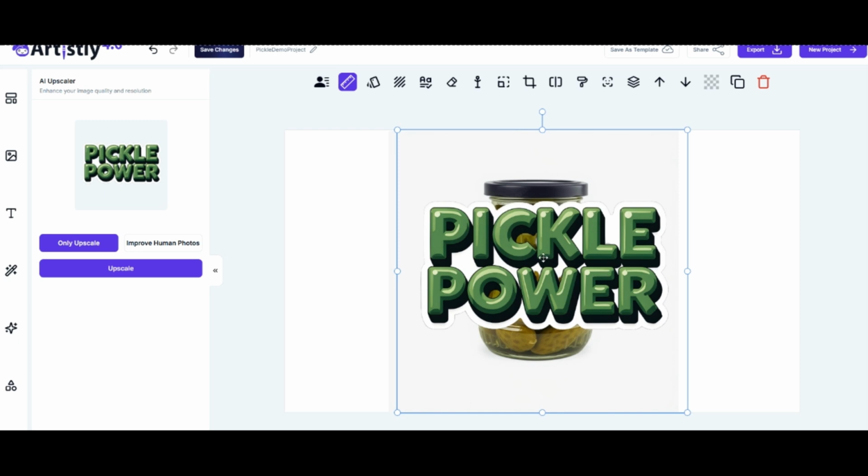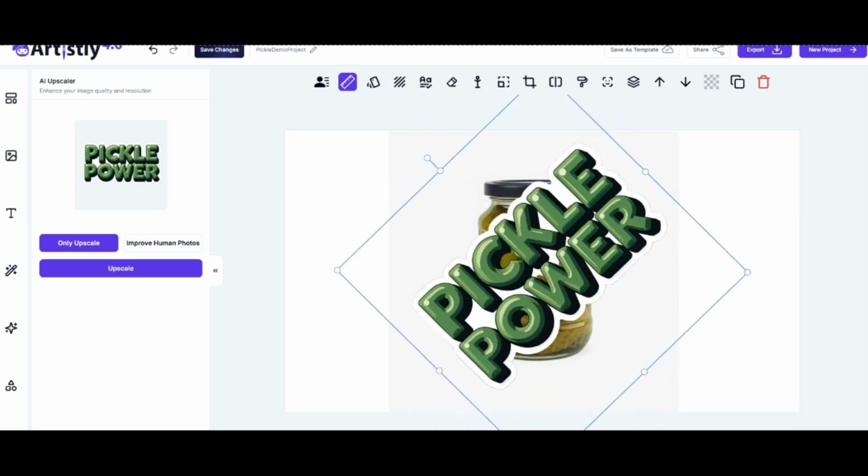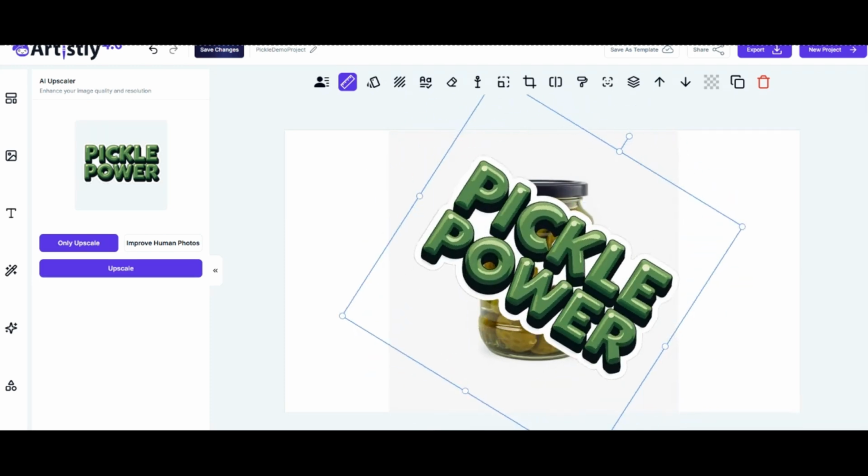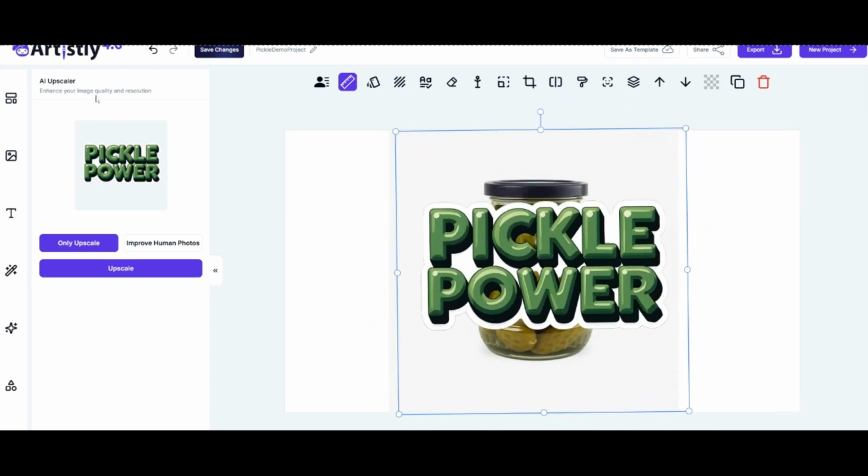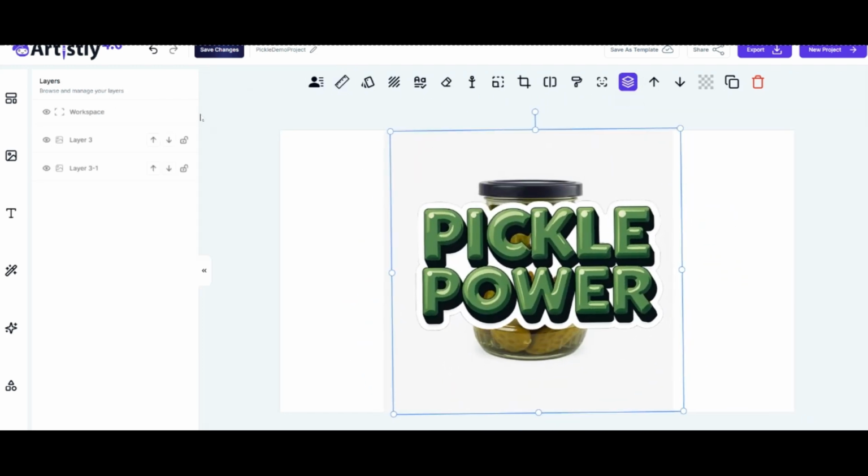And that's why I went to Adobe Express and I used their finer background remover. And I really hope that Artistly brings out something similar. So I don't want this one. I have to make sure that it's the one that's selected. You can't delete it from, oh, let's go back to layers. You can't delete it from here, yeah? You have to